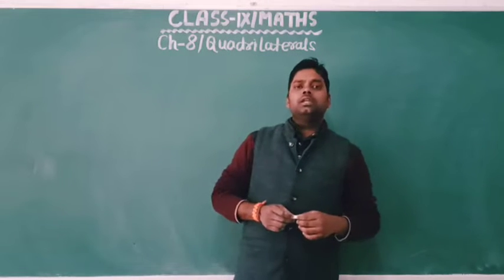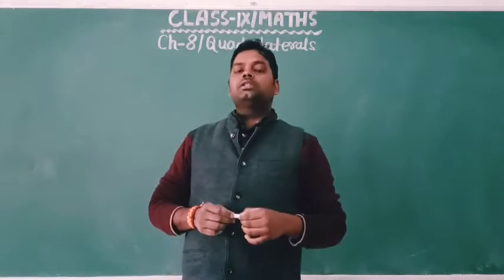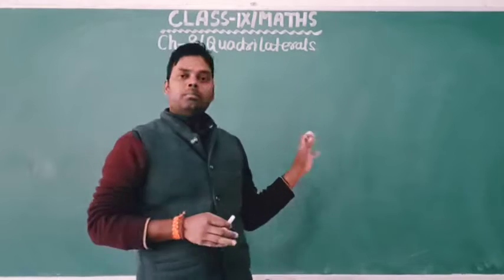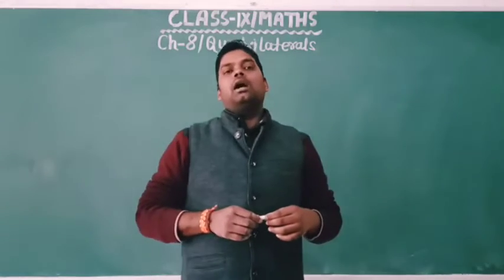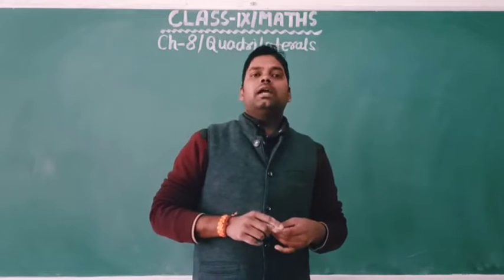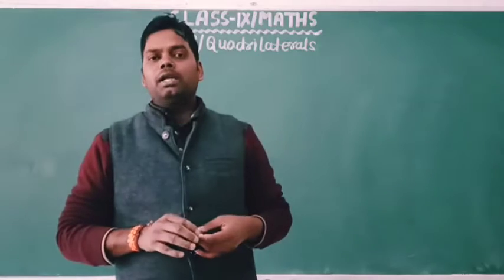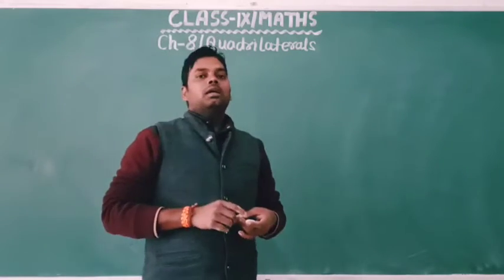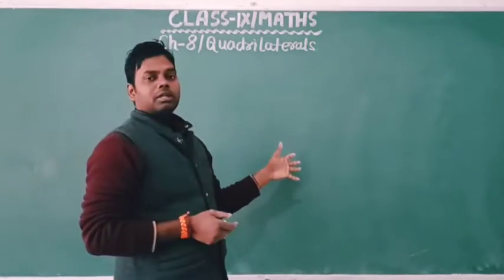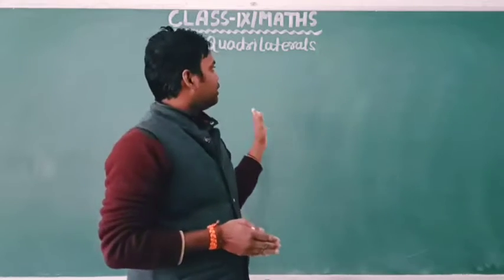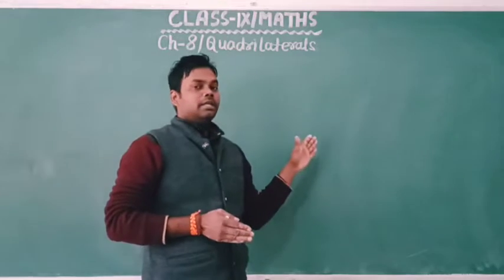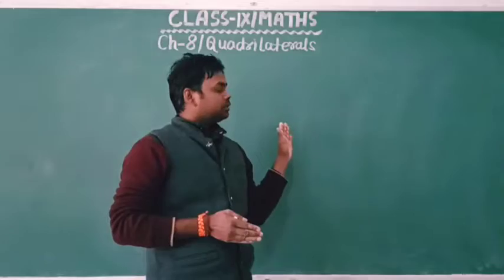Okay. So dear children, in our daily life around us we see a book, notebook, duster, and green board or black board, the wall of your classroom, etc. And these are all in the form of quadrilateral. Can you guess what is common in all these figures? We see that in all these figures we have four sides.